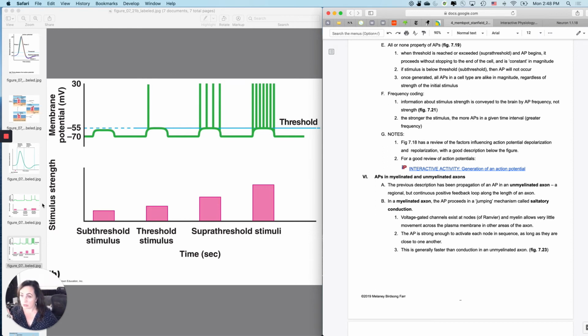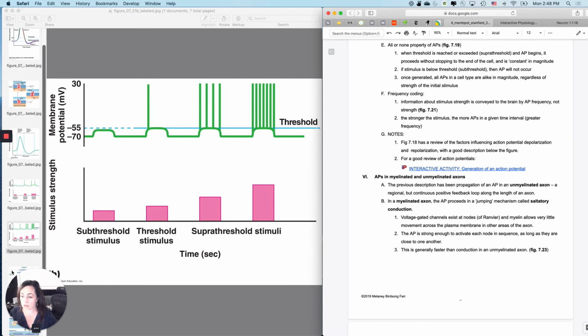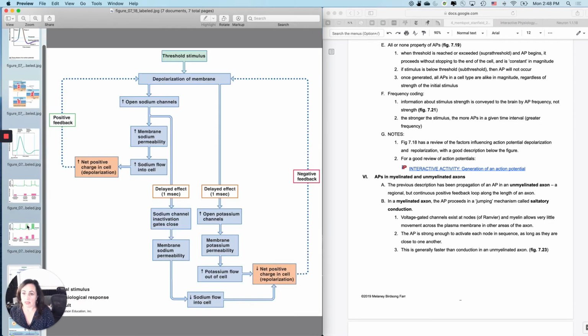So let me show you a couple things. Now, for those of you who are flowchart people, which isn't in my experience very many of you, this is a great flowchart that sort of shows you. Sorry, shut up, Siri. This is a great flowchart that goes through this with you. If you're not that kind of person, that's fine.